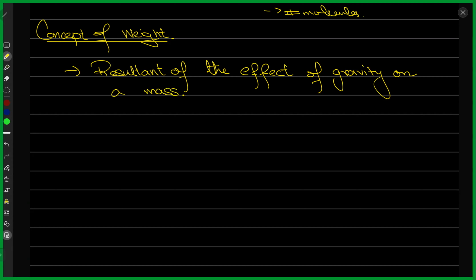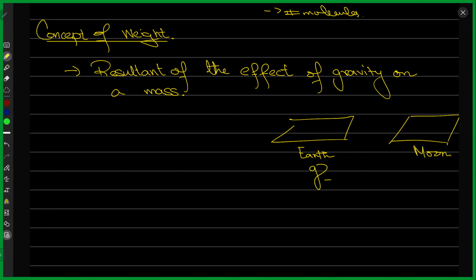All right. So what that means is, suppose that this is the surface of the Earth, and this is the surface of the moon. We know that the acceleration due to gravity on Earth is something, and then there is acceleration due to gravity on the moon. And we know clearly that on Earth it is greater than that of the moon. We have talked about these things in kinematics. We have also slightly talked about these things in physical quantities.